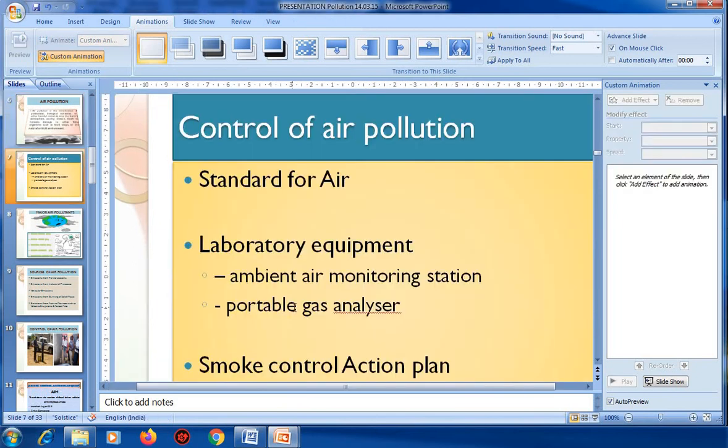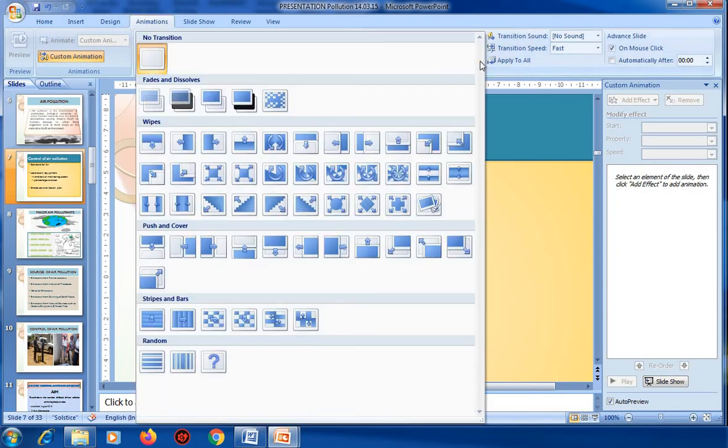First step, select the slide to which the transition is to be applied. Then click on the Animation tab, then click on the More button in the Transition to This Slide group. This is more options. Then select any transition.